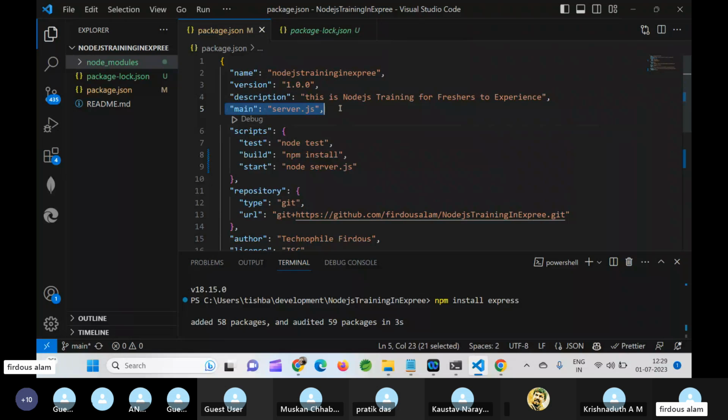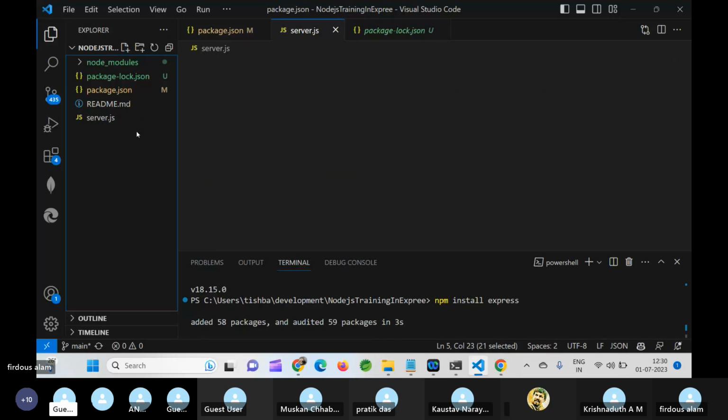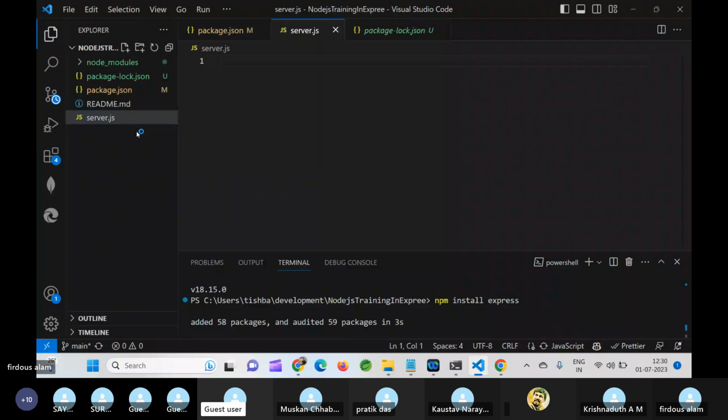It's kind of the index page where our server will be pointed. So we will create one file with this name. To create a file, hover over the plus option called new file, and here it's new folder. We will create a new file and name it server.js.